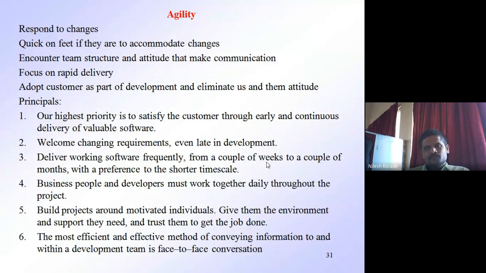So if you use other communication media like telephone, emails or WhatsApp to get a requirement or to convey some information to the people working in your team, there may be some confusion about your communication or the idea that you want to communicate. Whenever you want to get a requirement or convey some information to your development team, you must prefer face-to-face communication. So this is the sixth principle.